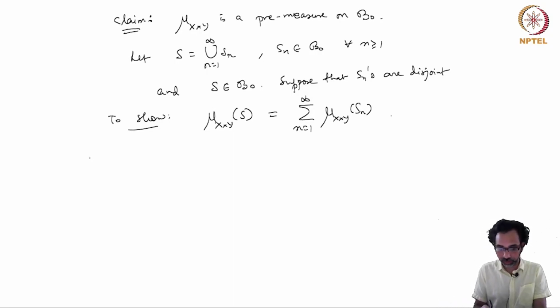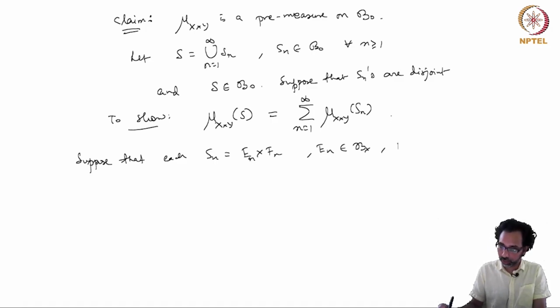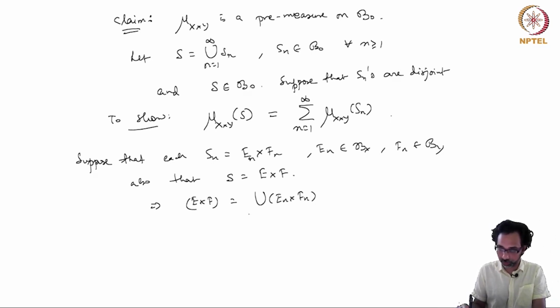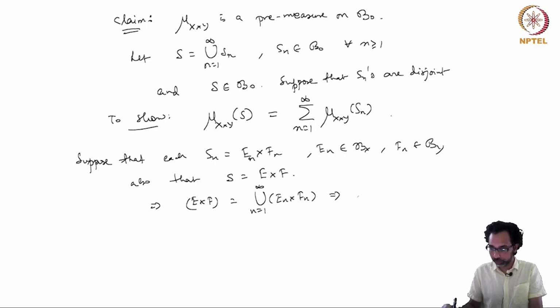So let us start with the following case. Suppose that each Sn is of the form a single Cartesian product En cross Fn, where En is in Bx and Fn is in By for each n, and then also that S is of the form E cross F. So since we have that E cross F is equal to the union of En cross Fn, this implies that